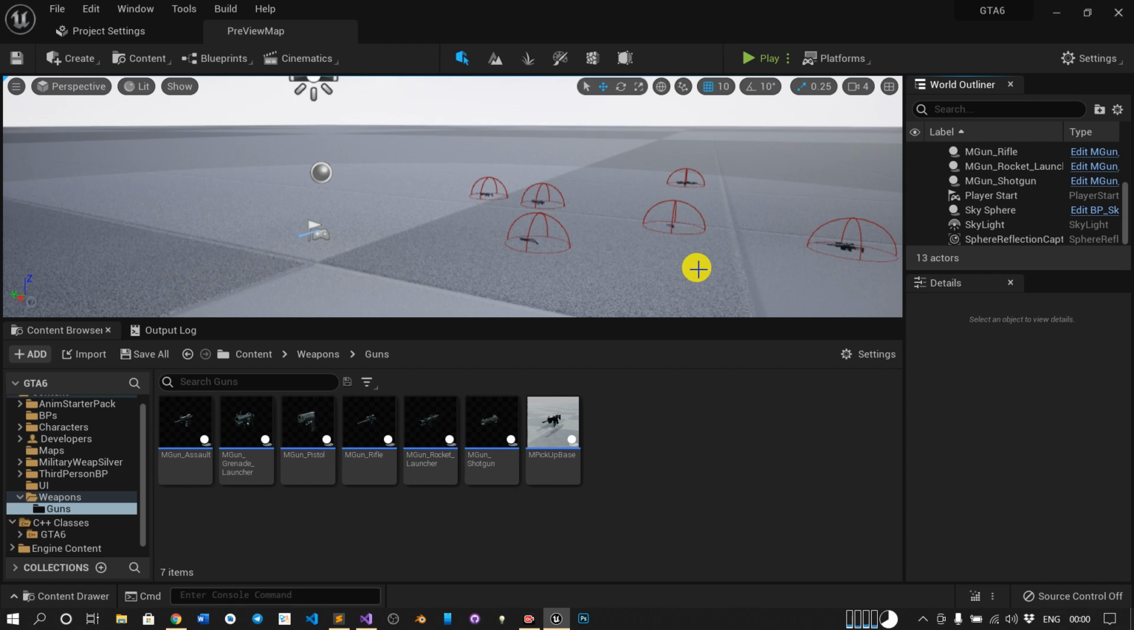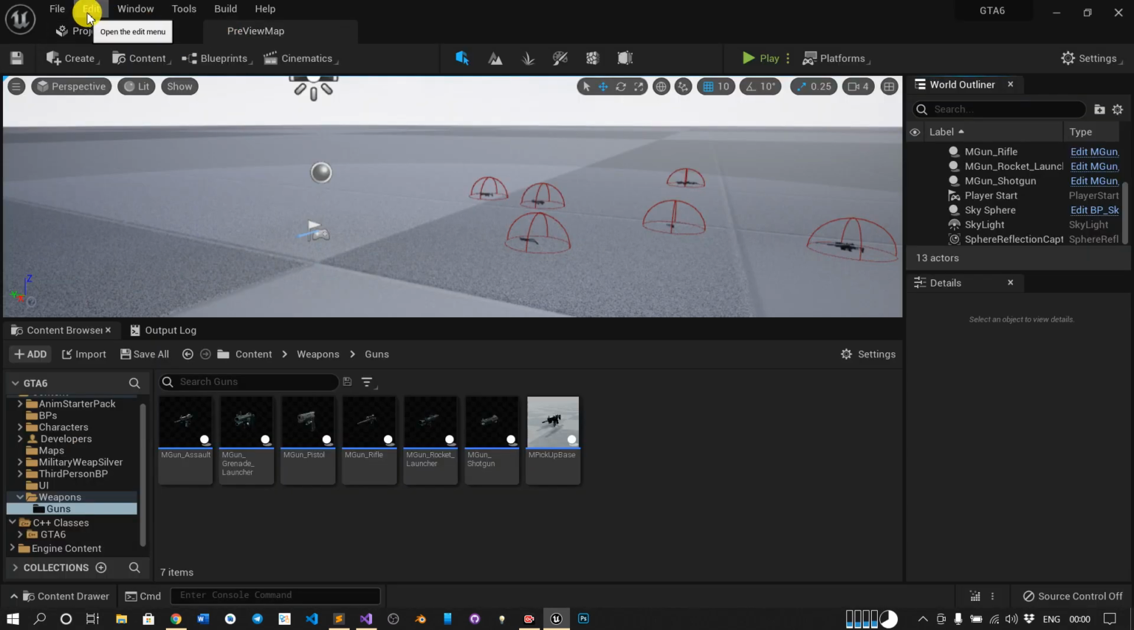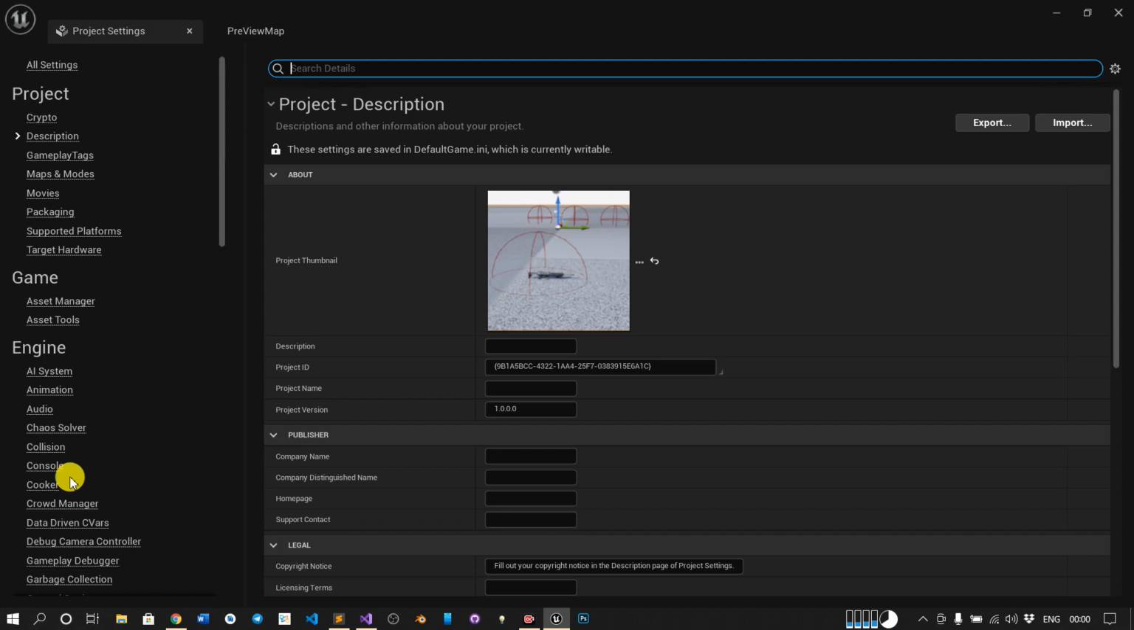Hi all. So today we will begin with our next tutorial in which we will see how to fire a bullet from a gun and how to receive damage. We will all do this in a C++ class. So let's begin. First, what we will do, just go to Edit, Project Settings, just go to